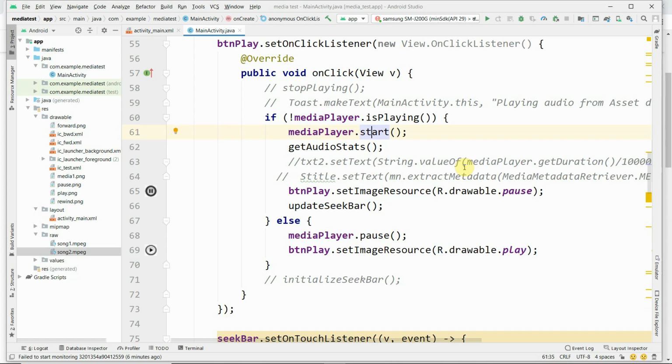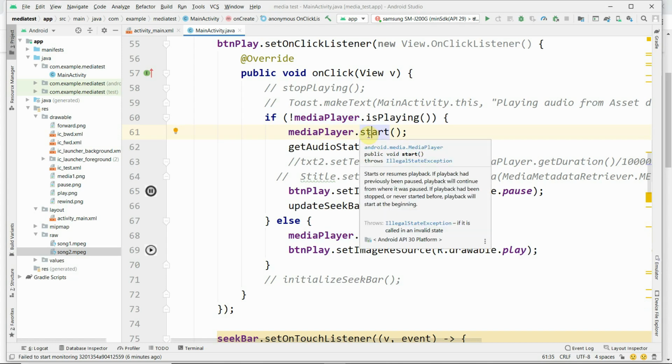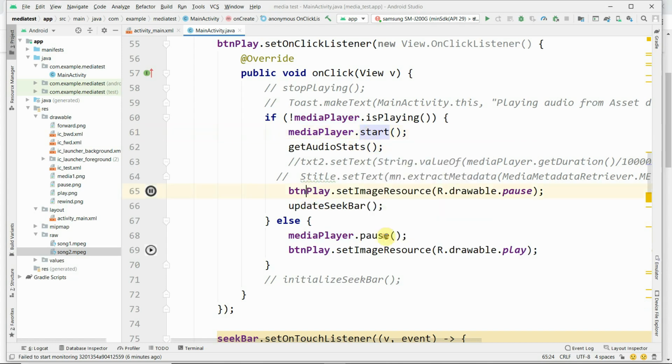If the media player is not playing, we have to call mediaPlayer.start. If the media player is already started, then the play button needs to be set with the pause image. Once the media player is started, the play button needs to be set with the pause image.